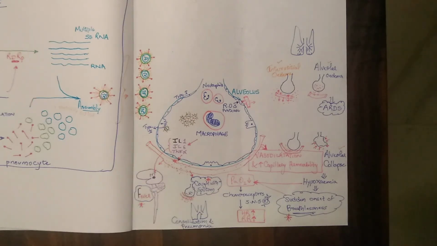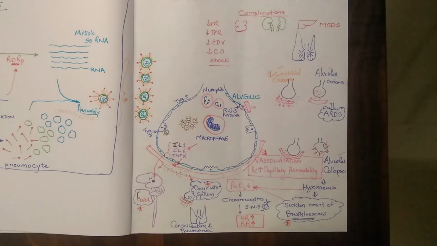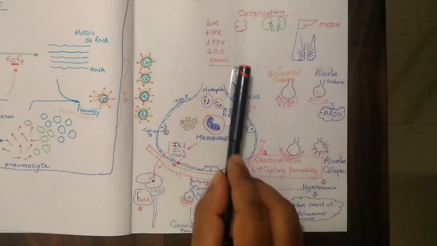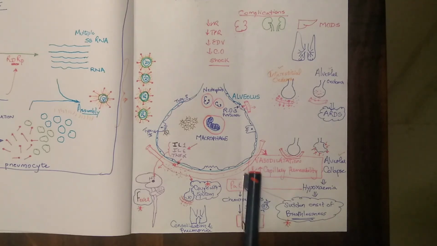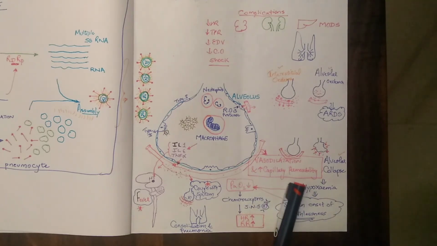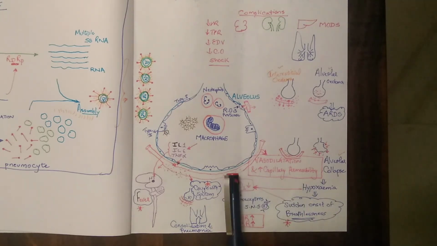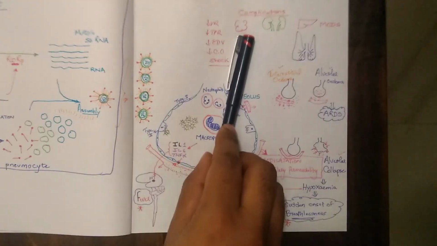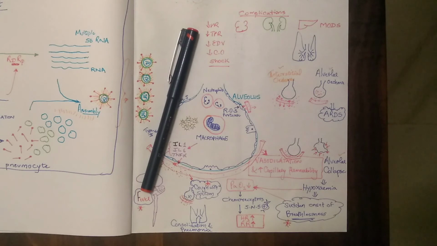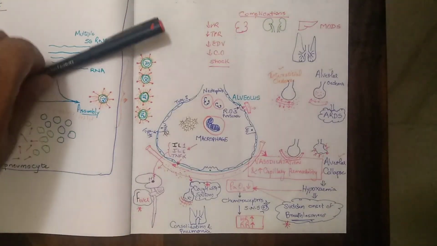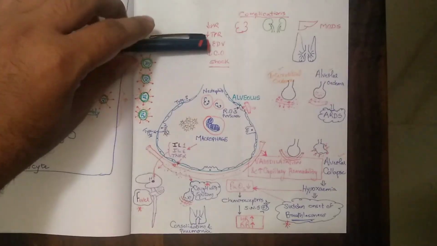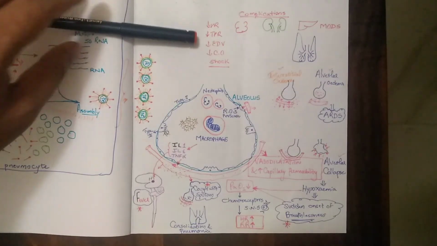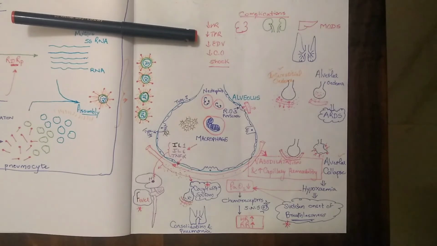In addition to this, there are certain complications. So there can be the following complications. Because so much vasodilatation has occurred and capillary permeability has increased, so much fluid from the blood has been lost over here. Because of this, what happens to the heart? First organ complication, the venous return will reduce. Once the venous return is reduced and the total peripheral resistance is reduced, what happens because of this? The end diastolic volume is reduced.